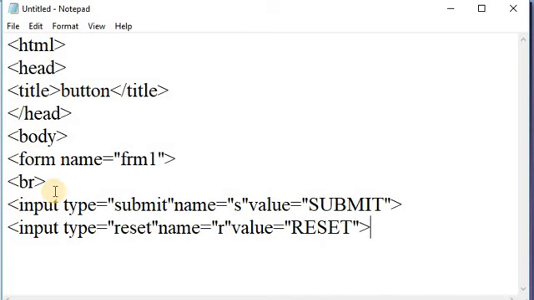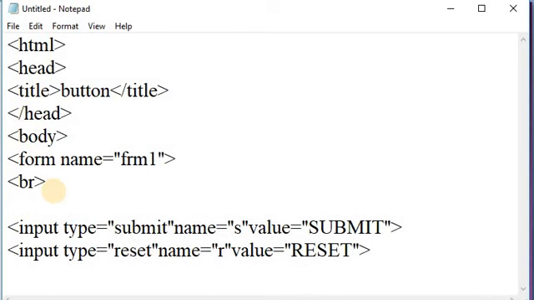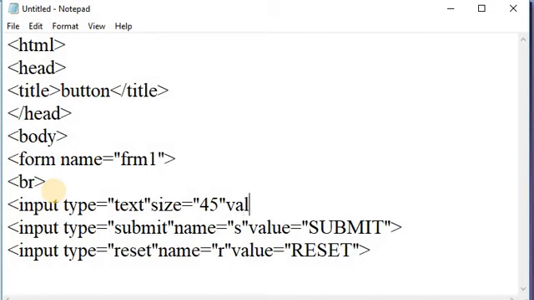Here you can write some text element, that is input. Suppose input type is equal to text, and size is the text element's attribute. Here I am taking size as 45. After that, value is equal to none.